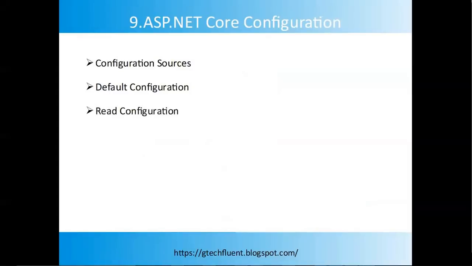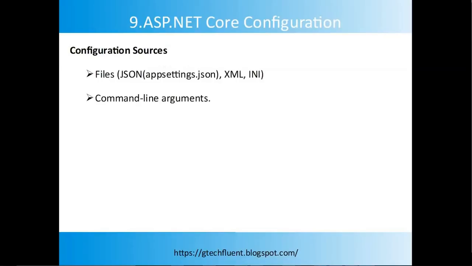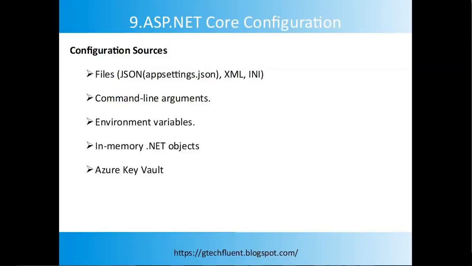In ASP.NET Core, the web.config file is largely out of use. But if you want to host an ASP.NET Core web application on IIS, you still need to use it. Instead of web.config, the configuration of an ASP.NET Core application is based on a list of key value pairs collected at runtime from a variety of data sources, such as settings files, which include JSON, XML, and INI files, command line arguments, environment variables, in-memory objects, Azure Key Vaults, and we can also create a custom provider and add it into our ASP.NET Core application.